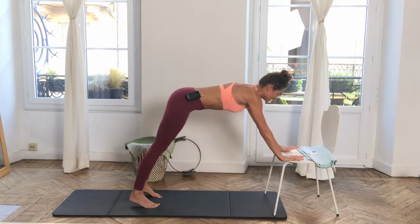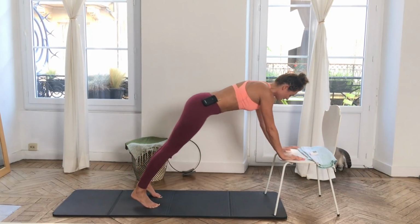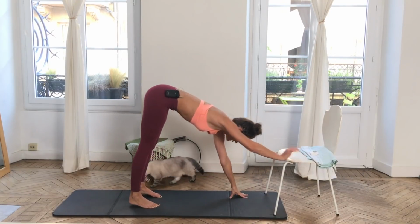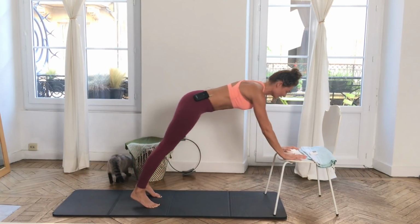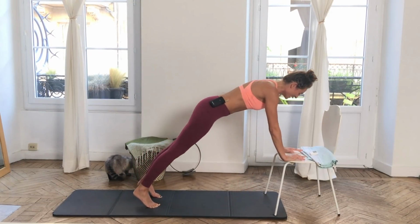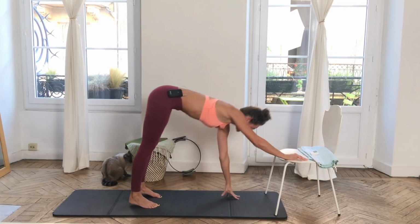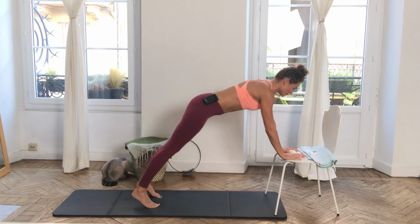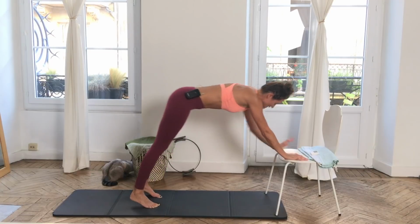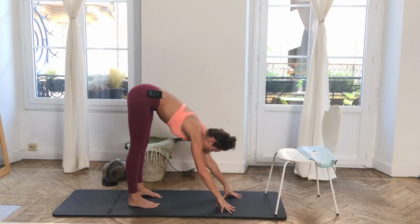Good job, you guys. Okay. So this is really great to work on your shoulder girdle, right? If you do push-ups and you find that your shoulder blades kind of wing up towards the ceiling, this really helps work the muscles around and underneath that shoulder blade to just give you more stability, more support, right? Besides the fact that we're really just playing with our abdominal strength here, making sure they can hold us